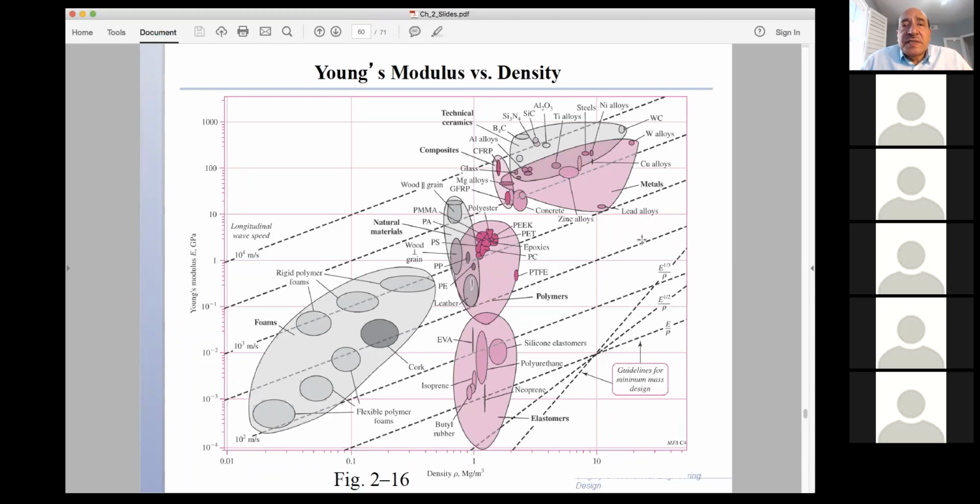For this particular course, the properties we're interested in are generally stiffness, which is related to elastic modulus, density, because we want lighter materials in some applications, and strength. So these are the three things that determine our selection of materials.